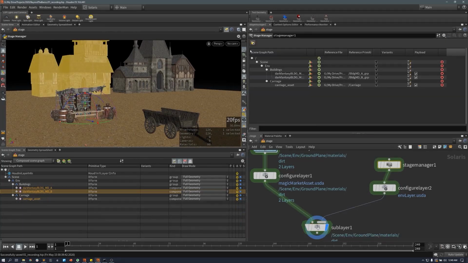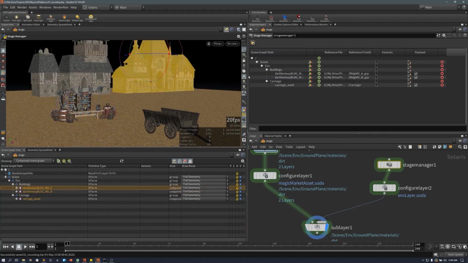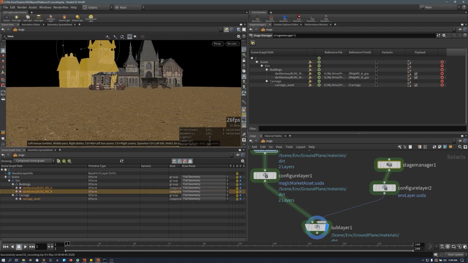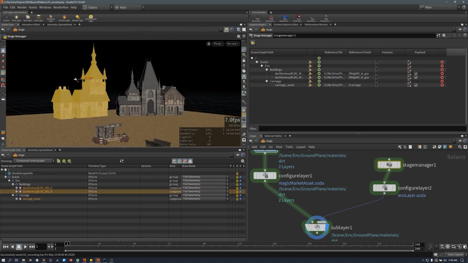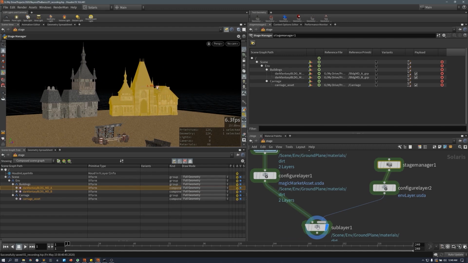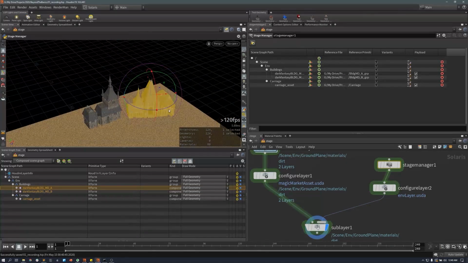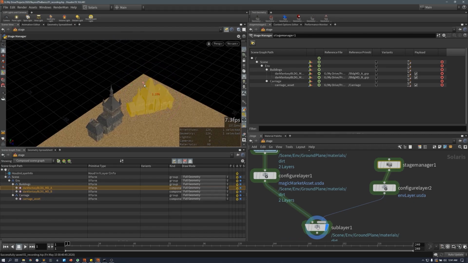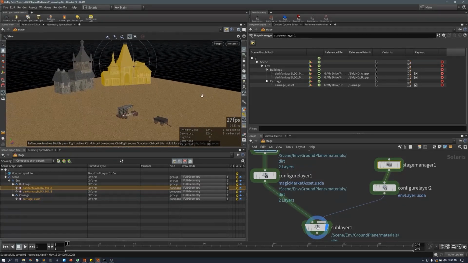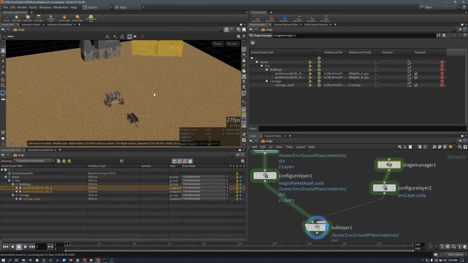So I'm going to go back into my stage manager here. Let's spin this guy around. Let's get this guy, move him over, move him back and over. And then put this one for a little bit more. Actually, not so bad. And back. Looks like they're kind of on a block there. Okay. Carriage I'm going to leave there for right now